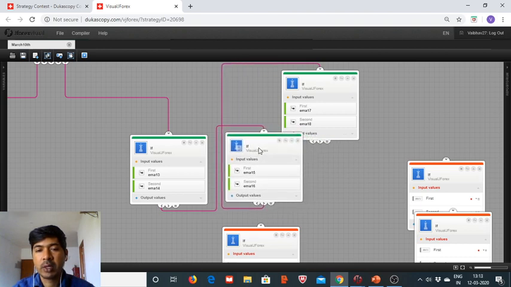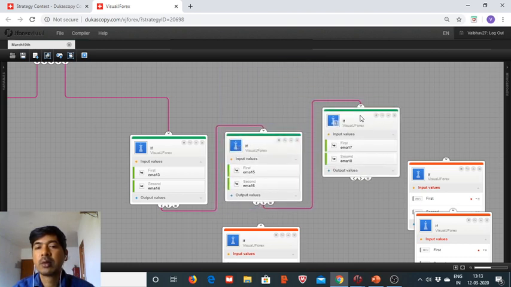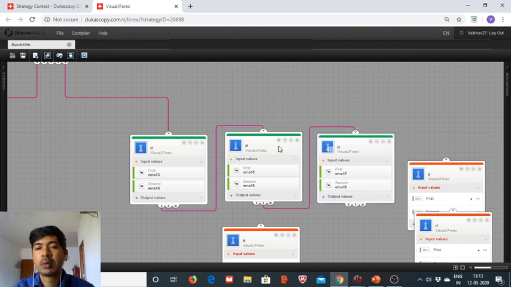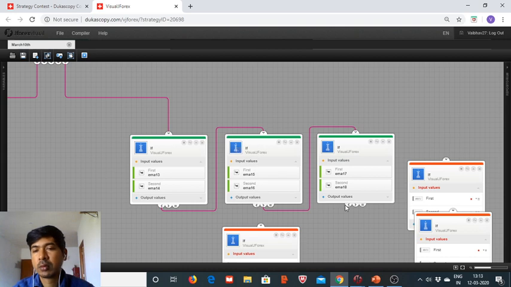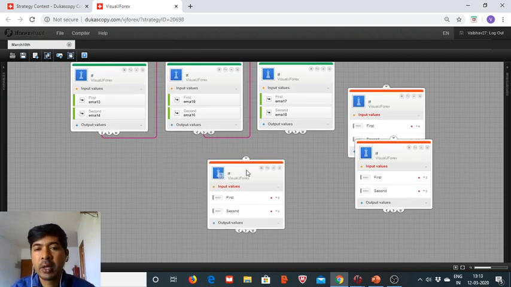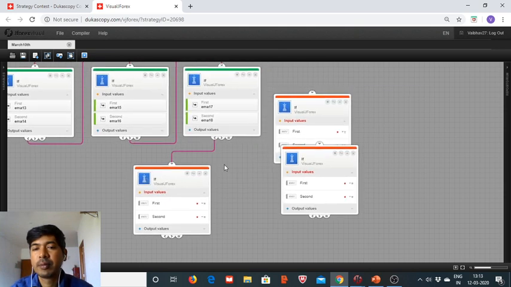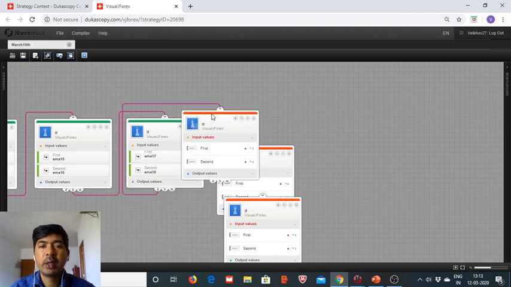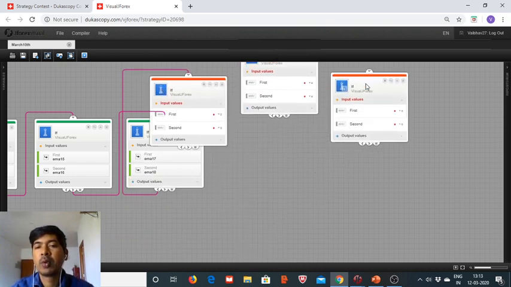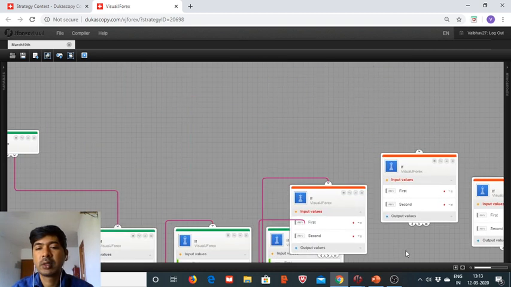Now we check for other conditions. The EMA 10 should be less than the EMA 20. Okay, again we go back to add further conditions,